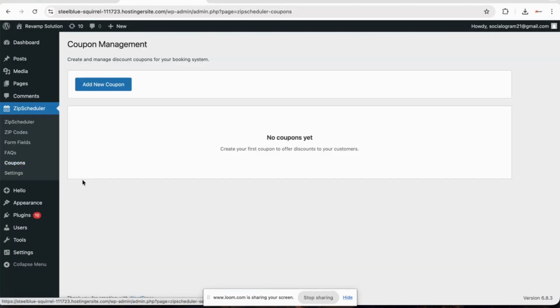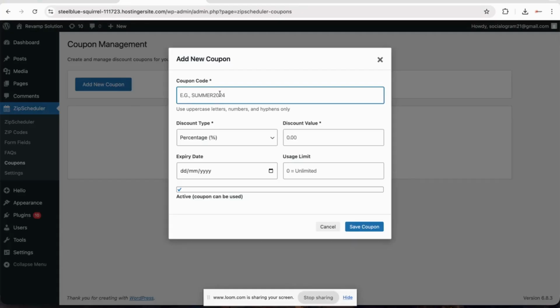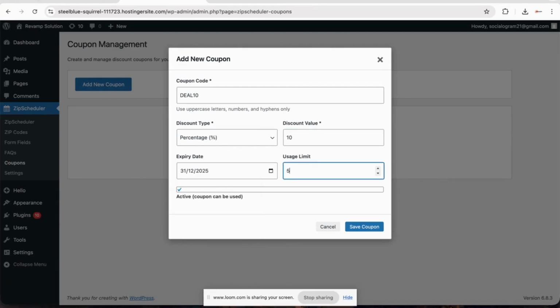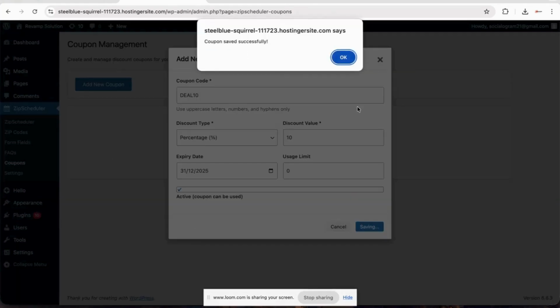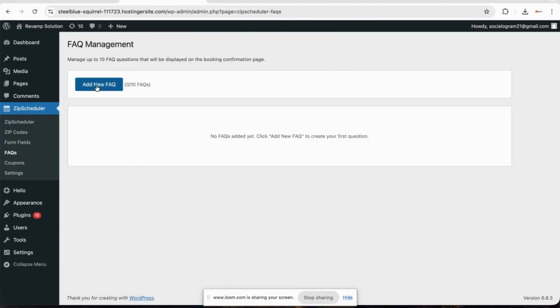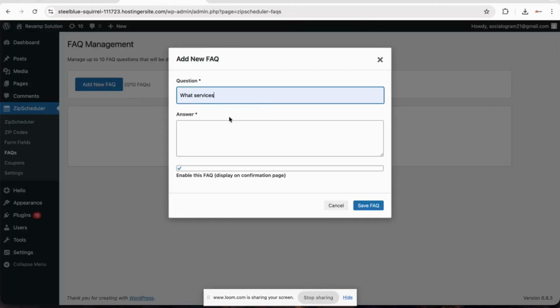And this is the area where you can add your coupons. Like I can add deal 10%, and my expiry will be 31st of December. Like this, you can save your details here. On the booking confirmation page, there is an area for FAQ where you can add your FAQ